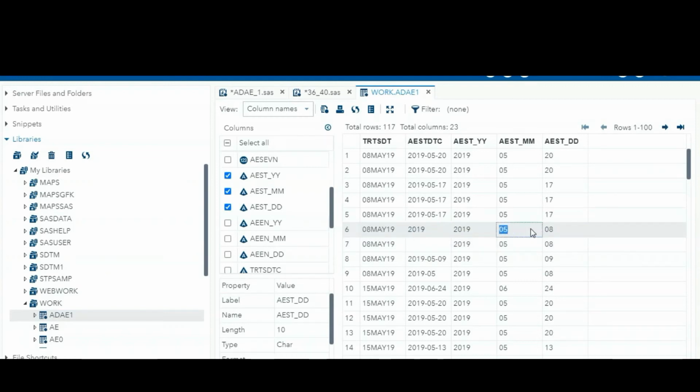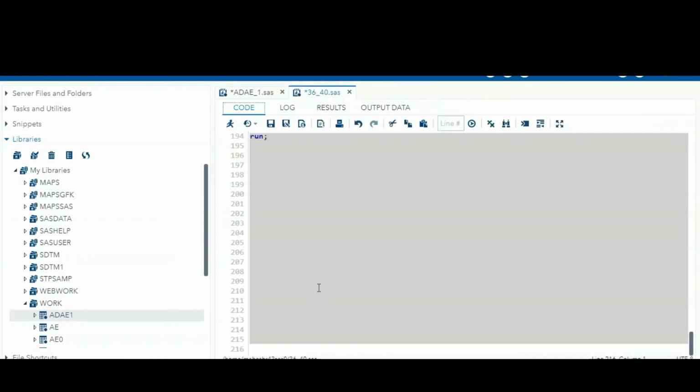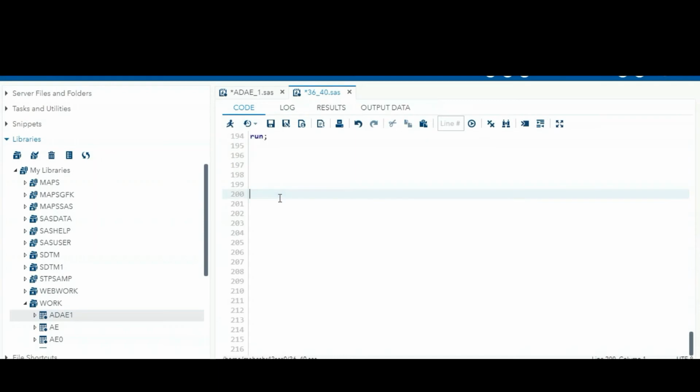So here we are replacing the fifth month of treatment started. Okay, the complete day is missing. So we are replacing with 2019, 5 and 8. As it is the treatment start, we are replacing it here. Now everything is fine. Now we can create one character variable and convert it into a numeric variable.